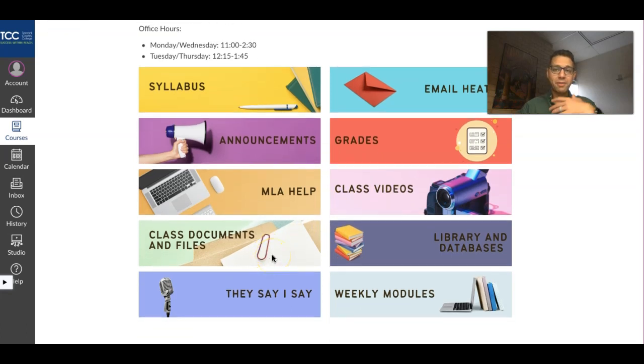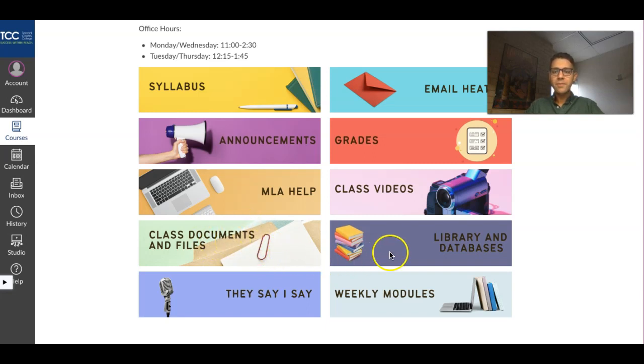Throughout the course, I'll have different PowerPoints in class, different documents like graphic organizers to help you out. Anything that we use in class, I'm pretty much going to dump it right here into this file. So if you want to use something that we have in class, I'm going to make it available for everyone. So just make sure that if you want those resources that I'm showing you in class, click on that right